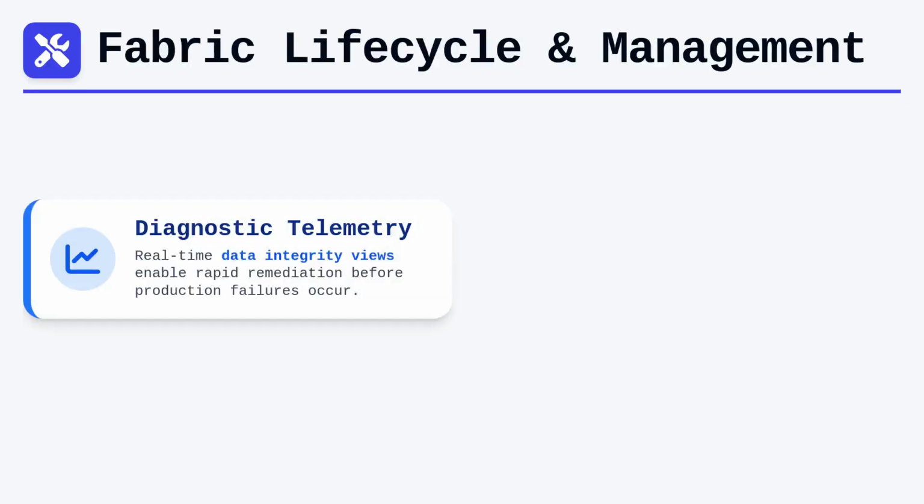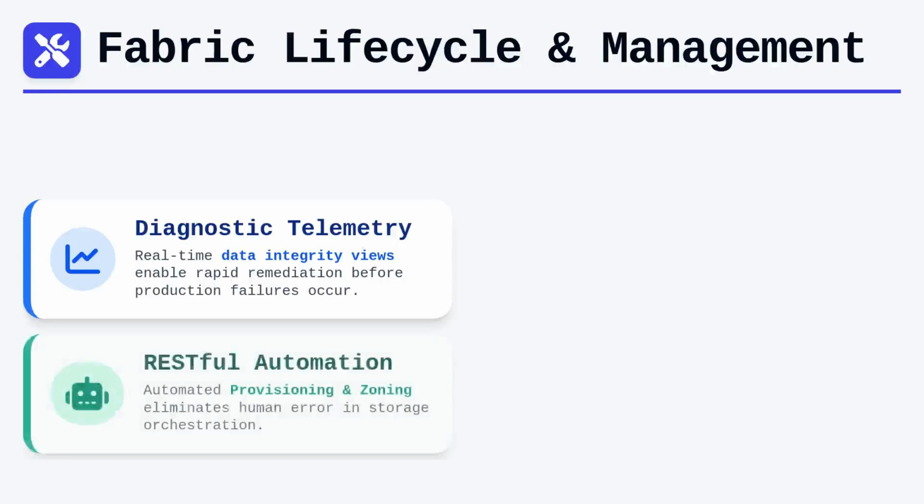Finally, let us consider the vital role of lifecycle management and troubleshooting within the fabric. Diagnostic telemetry provides a real-time view of data integrity, allowing for rapid remediation before a failure impacts production services. Modern storage fabrics utilize RESTful APIs to automate the provisioning and zoning of storage, which effectively removes human error from the equation. However, API utilization necessitates a strong grasp of the underlying resource algorithms that govern path selection and load